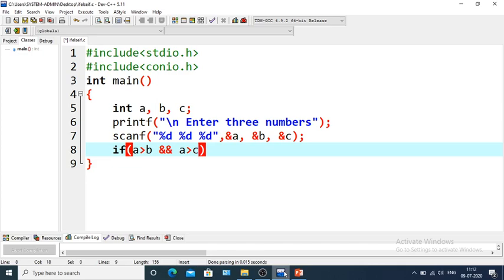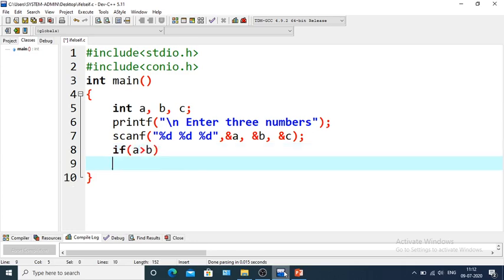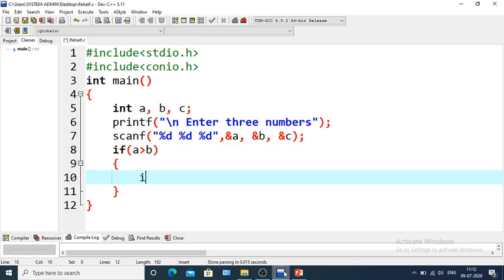Okay. We basically cannot use the and operator here. Okay. Why? Because we cannot use else if here. Okay. So we will use nested if. So if a is greater than b and if also a is greater than c.